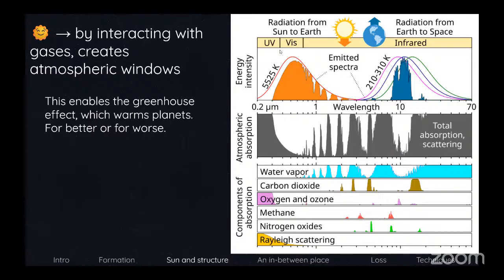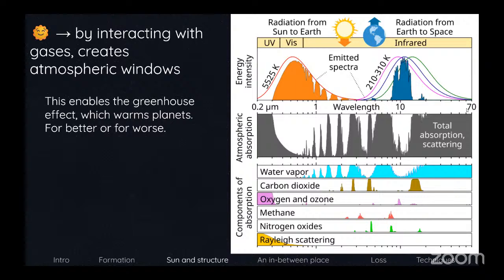So on the top panel, we have on the left what the solar radiation looks like on Earth. This smooth red curve is a black body curve. This is like some warm body like the sun emitting light, basically unobstructed. And then the filled in orange section here is what that radiation looks like down at the surface of Earth after the atmosphere has done some absorbing of that radiation. So you can see that there are little dips here, and these are absorption lines where the molecules have absorbed certain wavelengths of light that they can use to get energized or do other things.